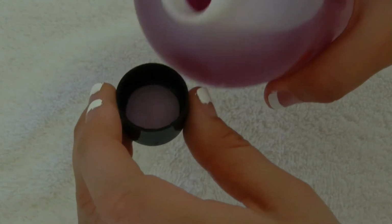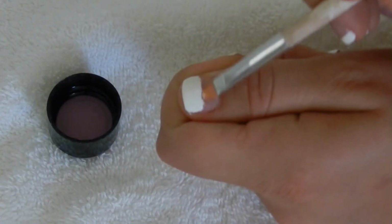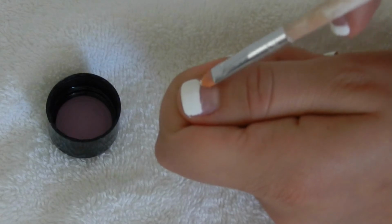This is my all-time favorite nail polish remover. I've tried many brands, and this one just seems to work the best. So I'm taking that concealer brush and dipping it into the nail polish remover that I've put in the cap right there, and you kind of just move in back and forth motions, rub away that white, and then you